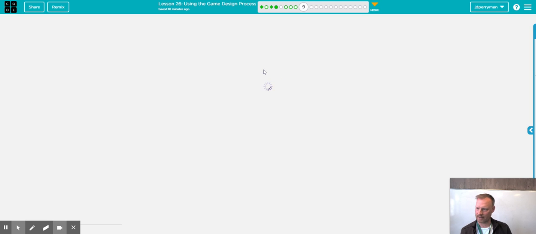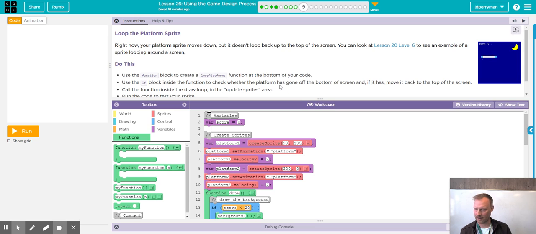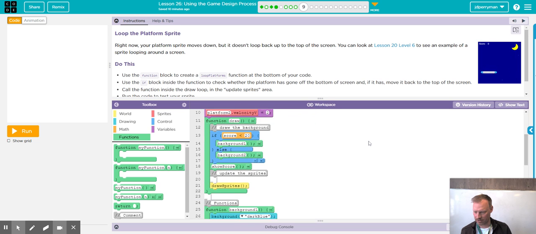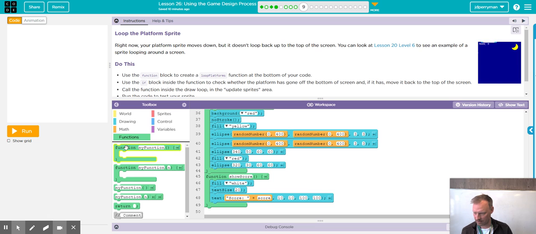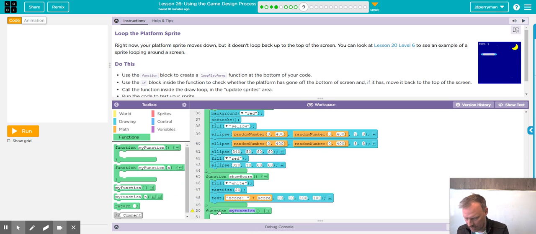Find the code in the comment. Oh, it's going to come back in a second. Here we go. All right. Use the function block to create a loop platforms function at the bottom of your code. Okay, so I'm going to have to create a function here. Down here, I get the big one. It's going to say loop